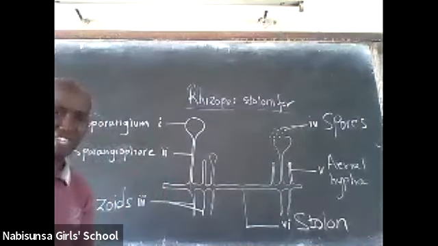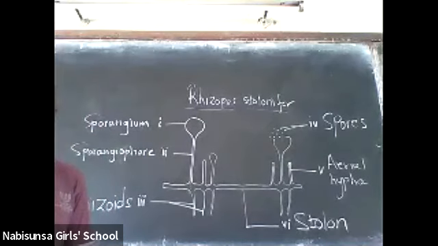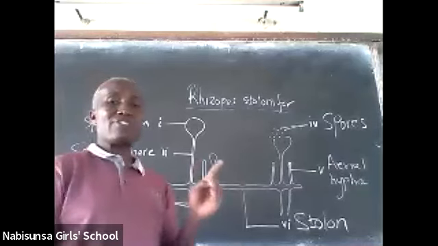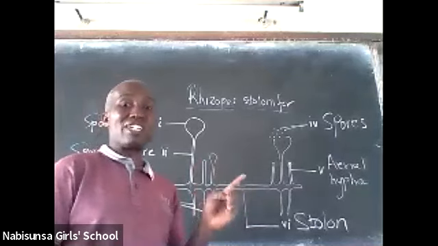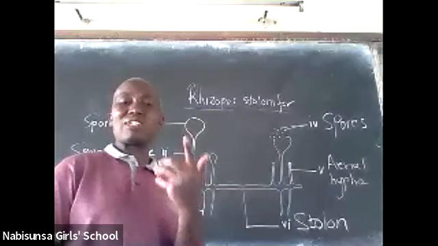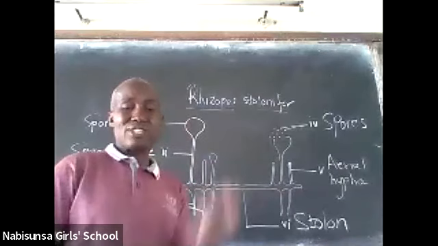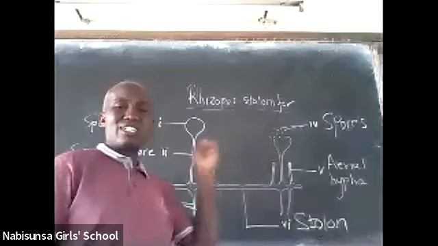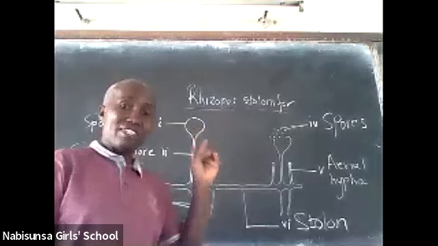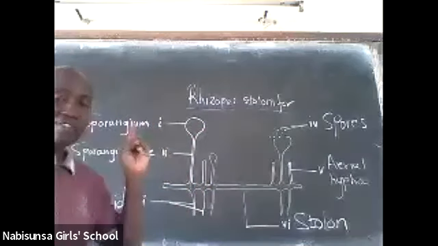The rooting hyphae or the rhizoids are very important as far as feeding is concerned. Remember, we've said this thing grows on bread. It is actually saprophytic because the organic matter of the bread is dead. So this bread mold is feeding on dead organic matter, so we can say it is saprophytic.